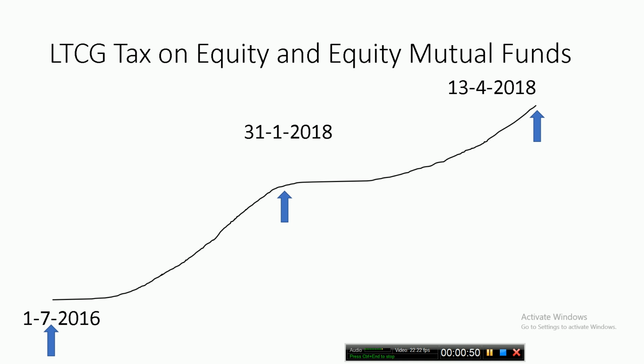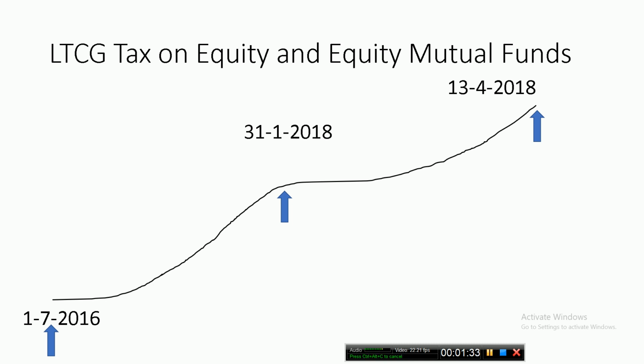Next, let's consider a situation in which the price on 31st January 2018 is higher than the purchase price in 2016, and the price in April 2018, the date when we are going to sell, is higher than both those dates, both January 2018 and 2016. That's the graph of the price movement of the mutual fund or the stock that you see. I have deliberately avoided talking about actual price values or NAV values in this video because I want you to visually get an idea of how this taxation rule works.